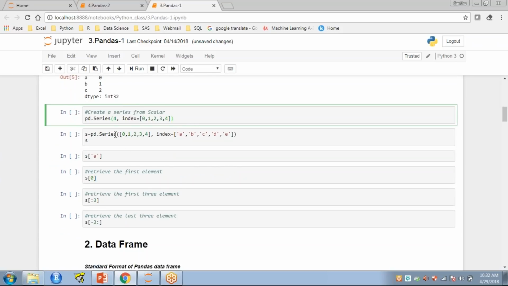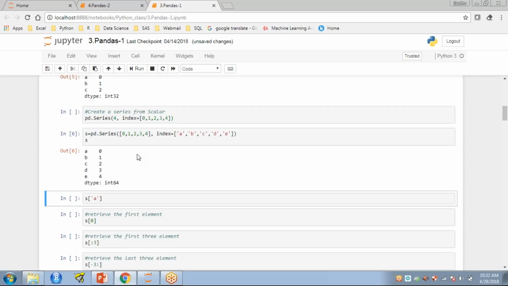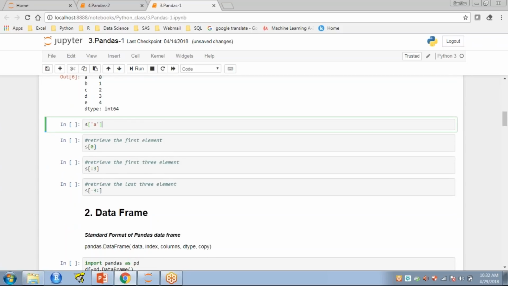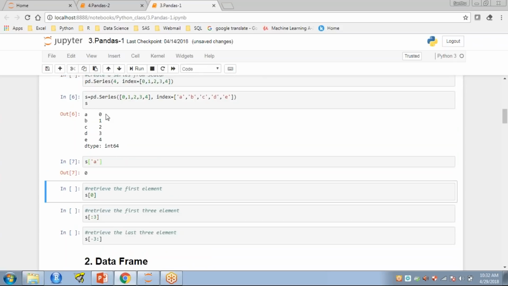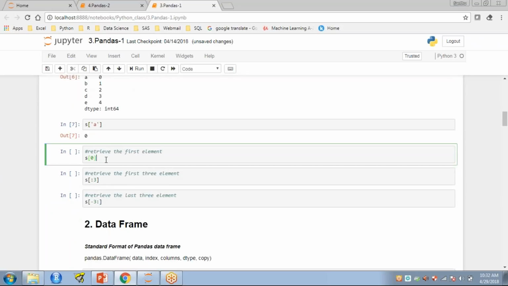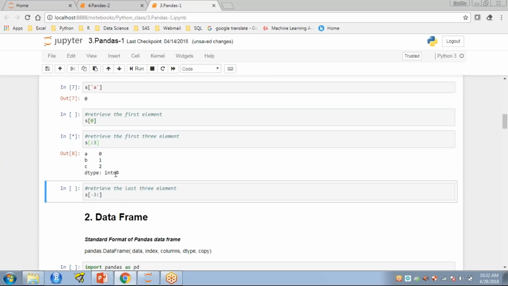So this is the same as what I explained in the previous one. I will just run this. The same thing. And if you want to select some particular data point in a particular row of the series, you can easily do it. The first number here is 0, so it is giving 0, like that for everything you can do. So if you want to run this,